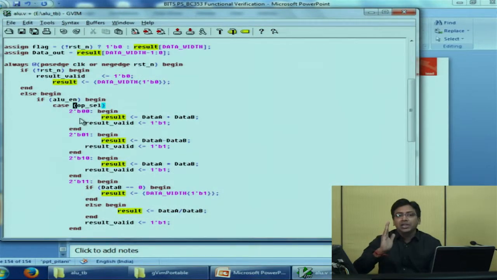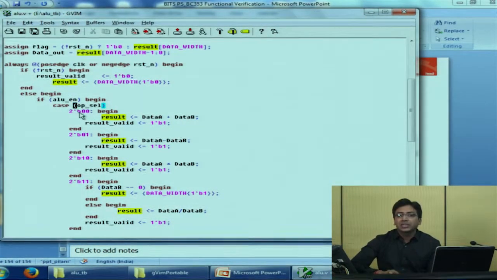The reset should be deactivated and the posedge of clock should have come. The very next thing it looks at is the ALU enable. If the ALU enable is high, that means there is something for the DUT to do.